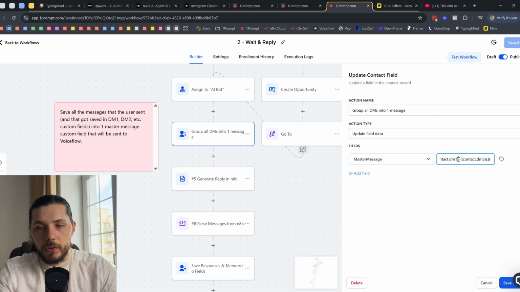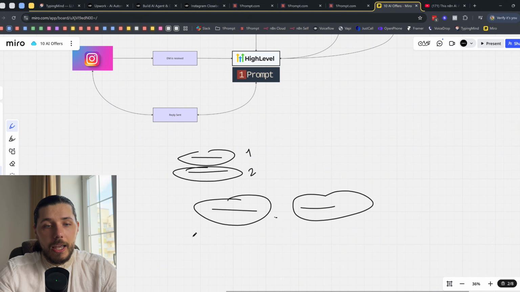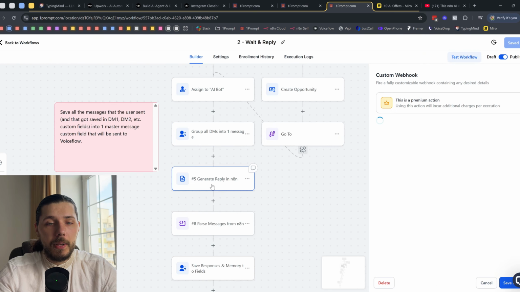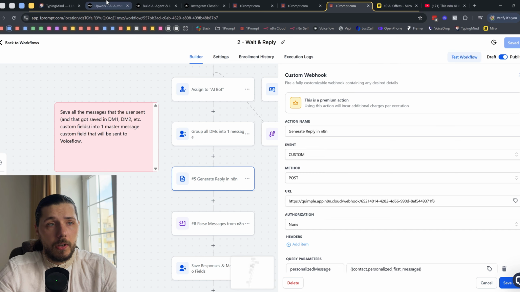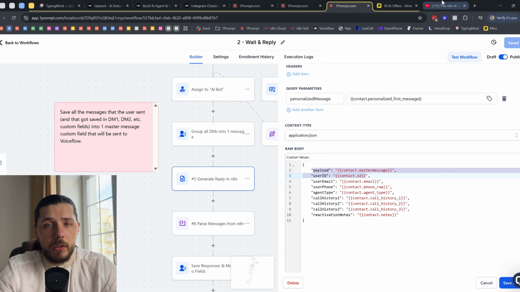So DM1 dot DM2 dot DM3, like this. This is the master message, and you are sending this master message to the scenario in N8N as a payload, or whatever.